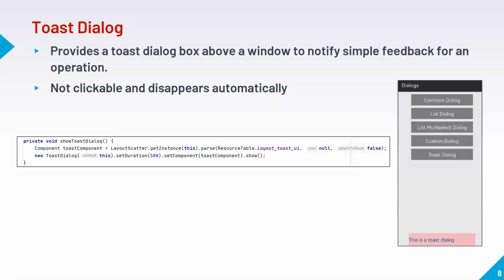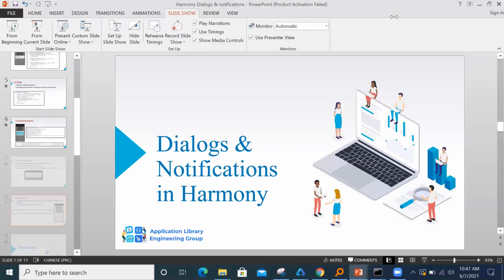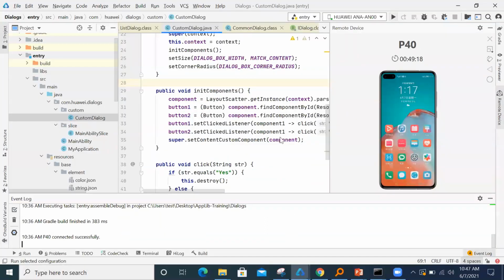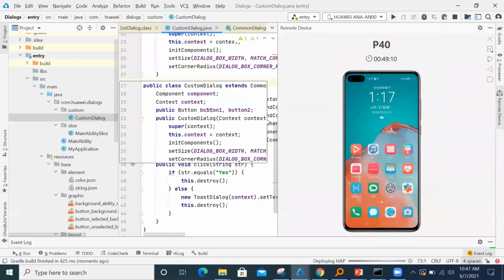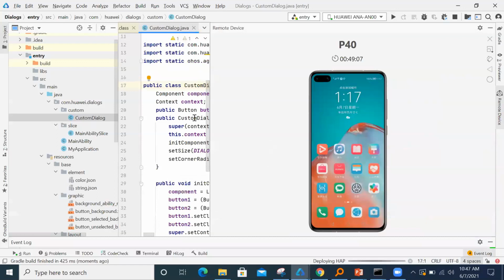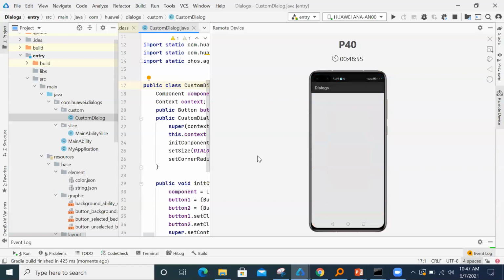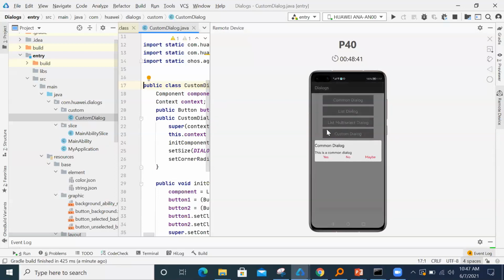I'll just show the demo. So here I have 5 buttons: common, list, multi-select, custom, and toast. Once I click the common dialog, a normal, simple dialog box will appear.